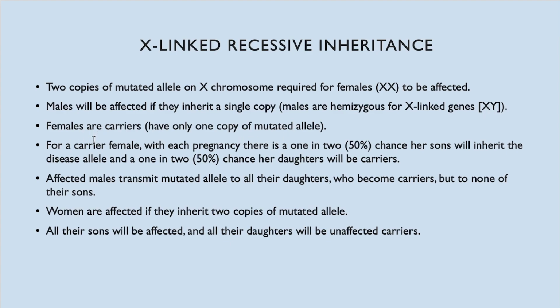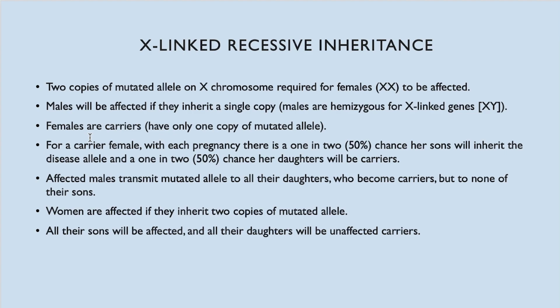Typically, females in this case are carriers. Remember, I said before, in females this manifests exactly as autosomal recessive. Now, the probabilities for a carrier female with each pregnancy: they have a 50% probability that her sons will inherit the disease, and 1 in 2, 50% too, that her daughters will be carriers. So notice that for males and females, there is a 50% chance of being a carrier in the case of female daughters,